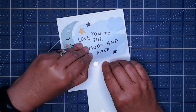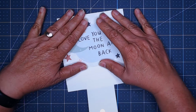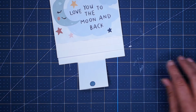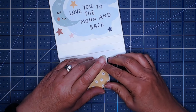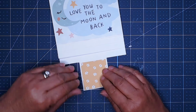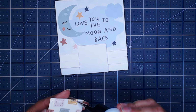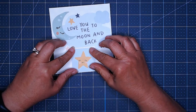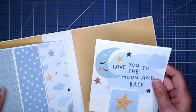So this magnet is peeking out a little bit. Like I said, I didn't leave myself very much room. So I'm moving it up just a little bit. Now that'll still work. And then I'll put the paper on here. So this should be about a 2 by 2 inch piece. There's a little wiggle room. Put this on here. So there we go. Now that I've got the magnets all set,